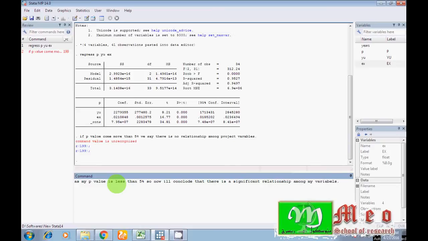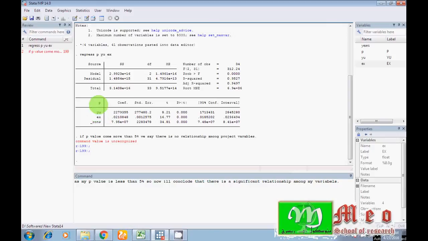Now, how can I further interpret the coefficient value representing a positive sign? Since the coefficient has a positive sign and the p value is less than 5%, I'll say there is a positive and significant association between yu and p. Yu is my independent variable while p is my dependent variable.